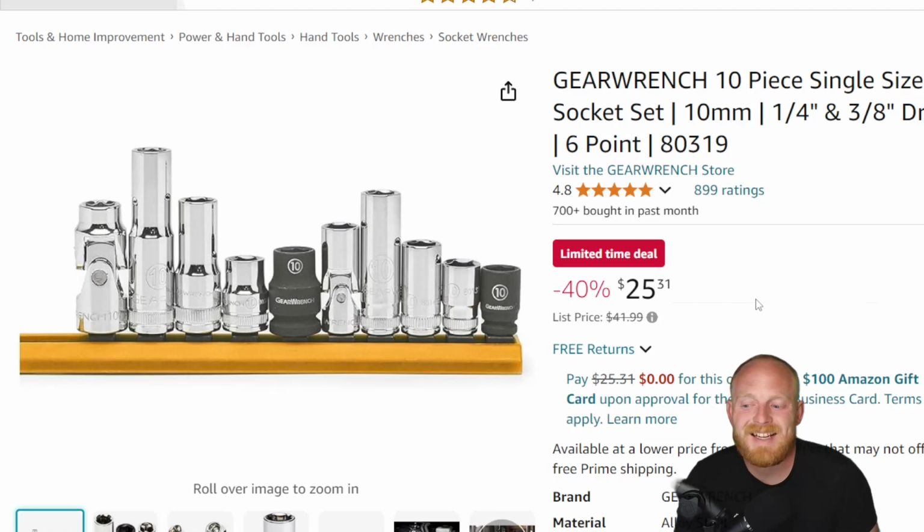And then the exact same thing in 3/8 drive. Now there are many other brands that are starting to produce these 10mm and 13mm socket sets, or socket rails, but the variety of what you get on the rail varies a little bit. Some of them will include 1/2 inch drive, some of them won't include a magnetic impact socket. They just vary a little bit, and I like what they offer here, and I think at $25